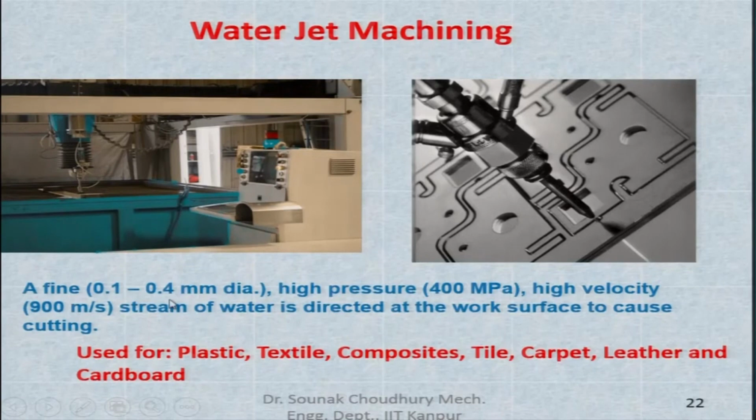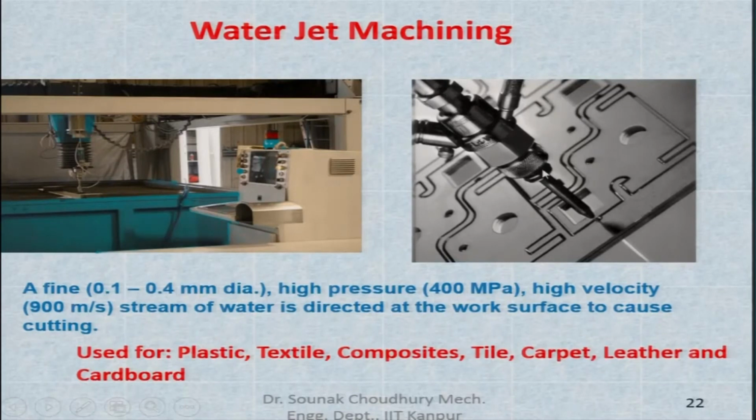Now, a fine stream of water, with a diameter of 0.1 to 0.4 millimeter. Pressure, as I said already, is up to 400 megapascal, high pressure, and high velocity up to 900 meter per second. The stream of water is directed at the work surface to cause the cutting. Now, this kind of water jet machining process is used mainly for plastic, textile, composites, tile, carpet, leather and